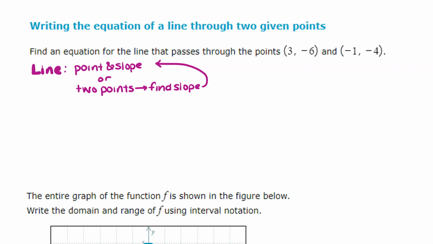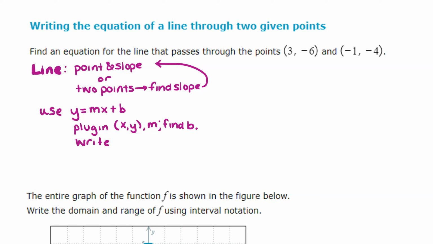So there's 2 kinds of equations for the line. So you could either use y equals mx plus b, where you're going to plug in your x and y and your m, find b,